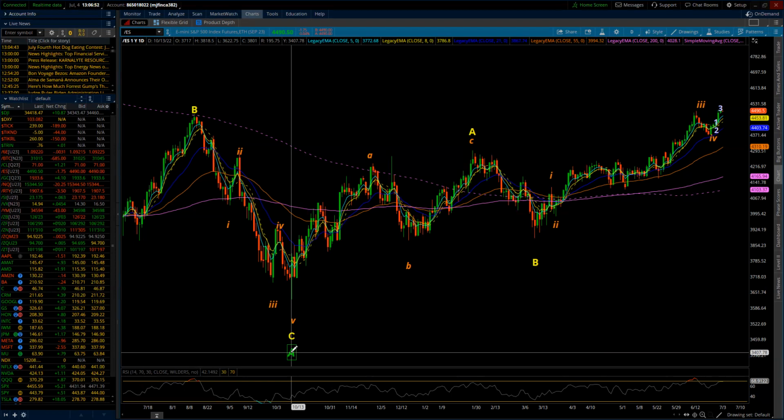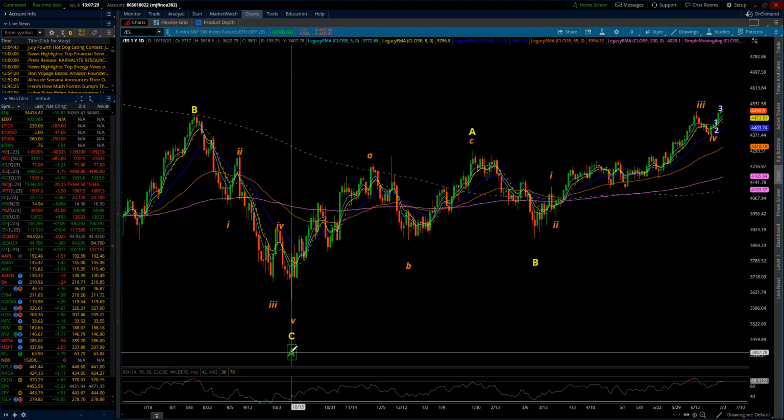From that point, we began a supercycle wave 4 correction, which in and of itself is going to take many years to complete. So we're in those beginning stages. As we work our way down, we are within the initial cycle degree A wave decline. What's inside of that cycle degree A wave decline are 3 waves of primary degree, of which we completed primary wave A out of the ABC in October of 2022.